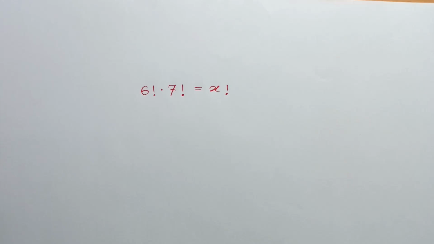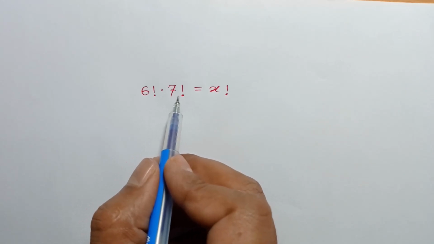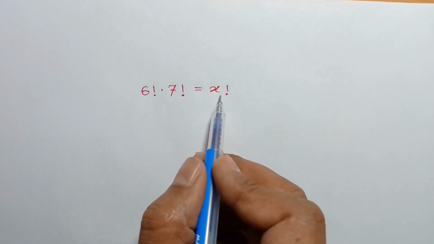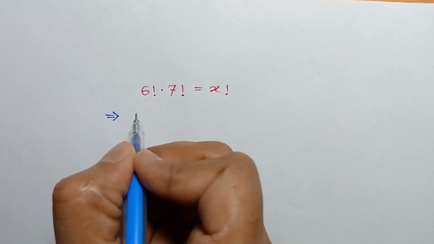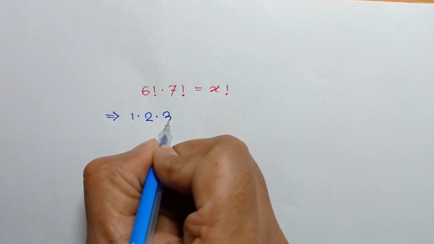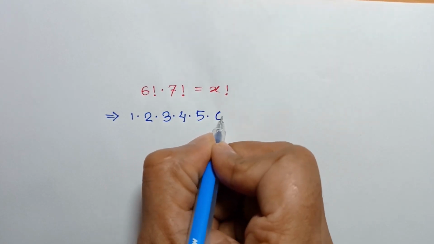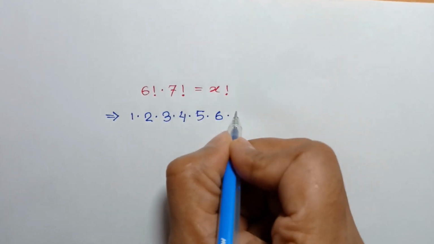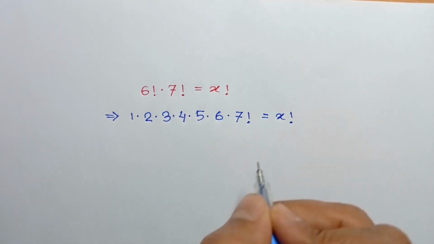Hi everyone, in this video I am going to show how to find the value of x where 6 factorial times 7 factorial is equal to 8 factorial, or 6 factorial can be written as 1 times 2 times 3 times 4 times 5 times 6, and this 7 factorial is equal to x factorial,